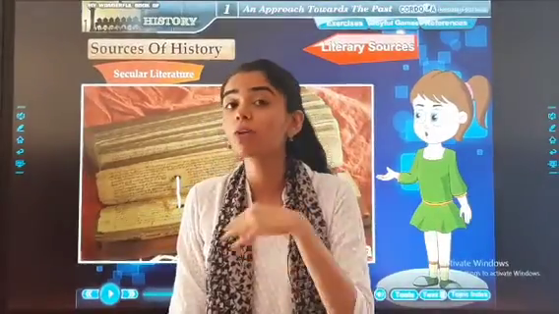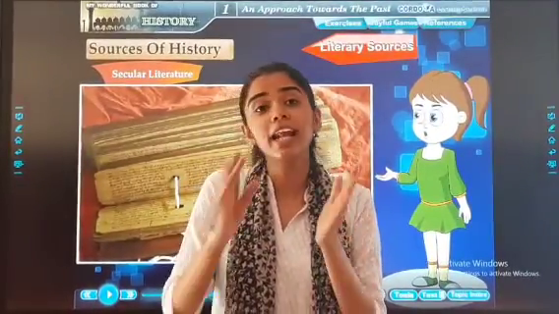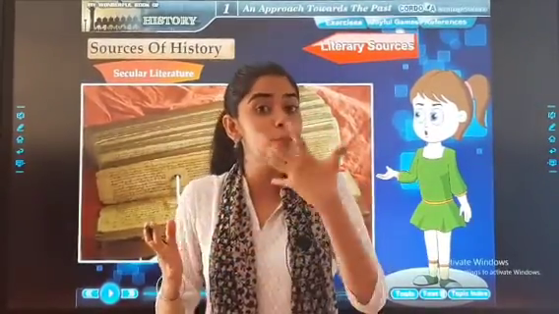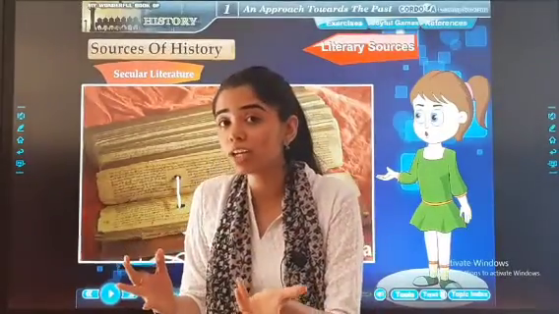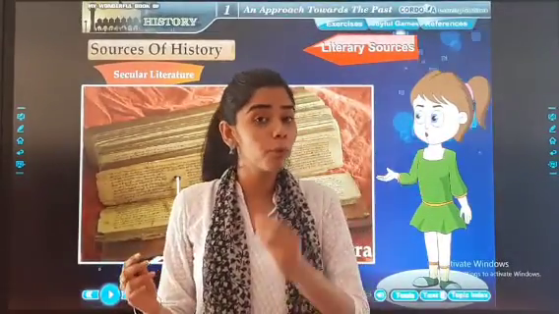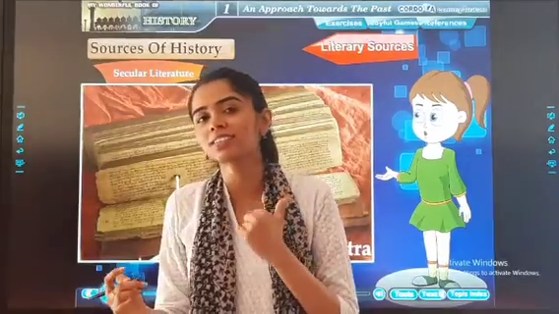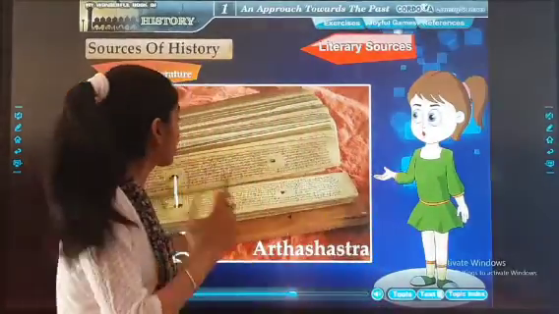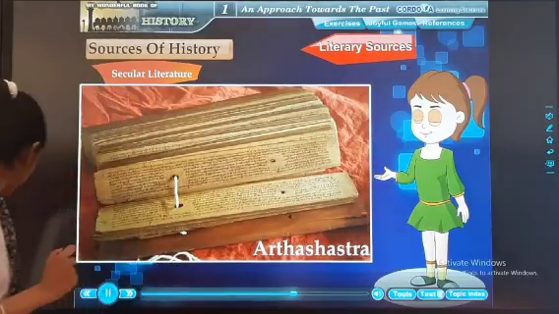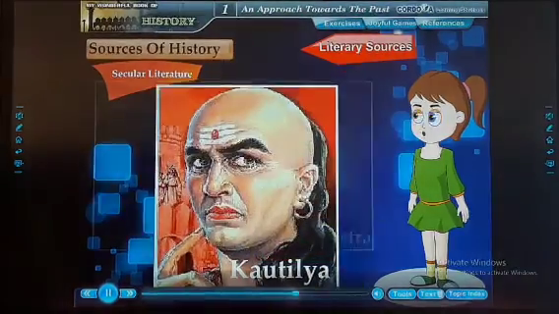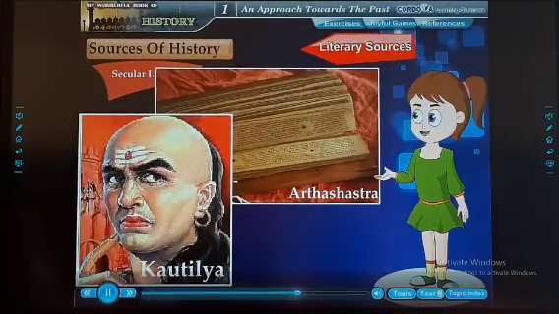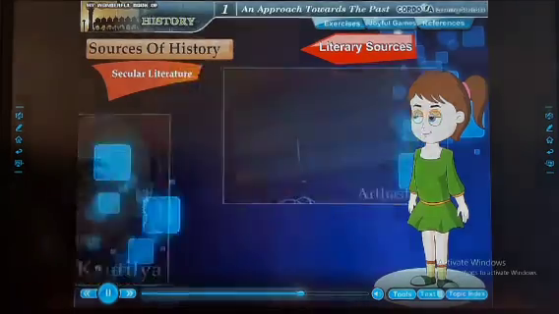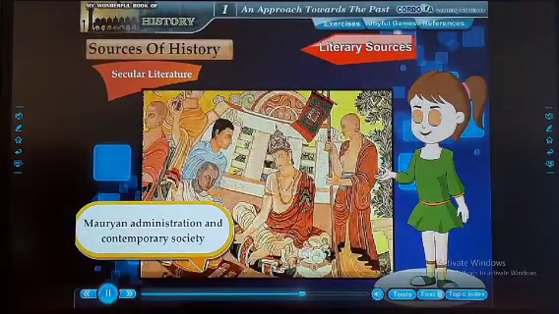And if we talk about secular literature, then other than religion, such as the poems of the famous Kabir Das, all these come under the secular literature. See? Arthashastra, written by Kautilya, on how to run the government,